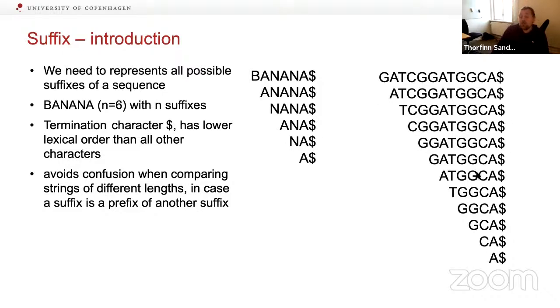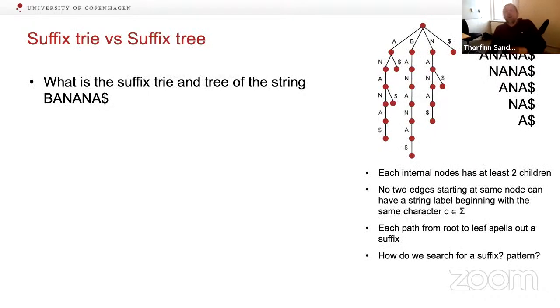Over here we have another example with a much larger sequence with the DNA alphabet. So these are the suffixes. Here I talked about suffix trees. We take all our suffixes, then we build a sort of tree structure from all the suffixes. Our first suffix is called banana, right? So we start here, B-A-N-A-N-A. We have another one just called A, or N-A here. So the A would be this one here, and then there's the terminating symbol here.